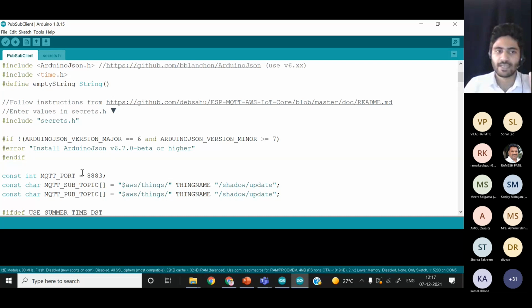And after that, it is the MQTT port, MQTT 8883. This is a secure TLS port. There are different types of ports available. What is a port, what are sockets? You can learn about that on the internet. And this is the secure one. 8080 is there, 443 is there, different types of ports are there. Among those ports, it is the secure port. So whatever the communication or data transmission happens between the Tesla IoT board or the Wi-Fi module and AWS IoT, it is going to be encrypted and secure,